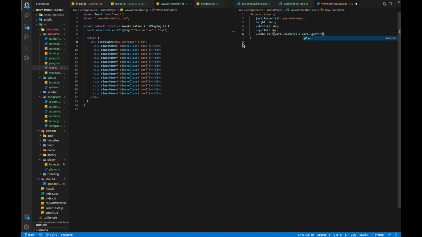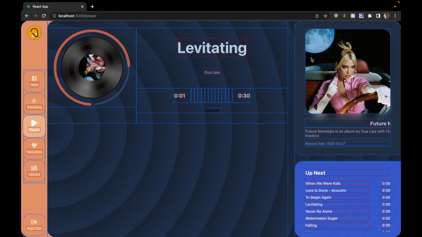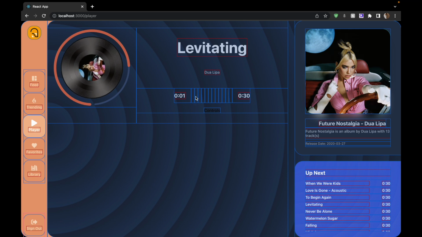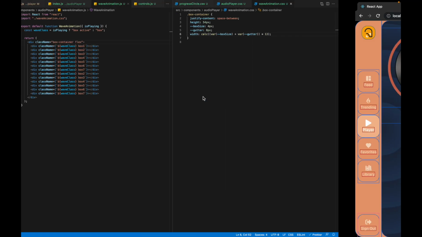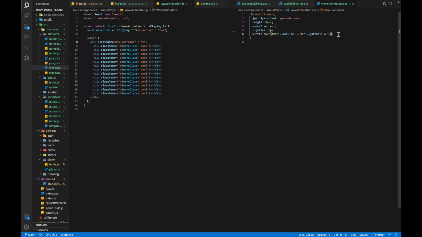So this will be another parenthesis covering these, and we'll be having 13 boxes, so it will be times 13. Alright, so as you can see, we have 13 different boxes, and they have a gap between each of them. Alright, so after this we'll be